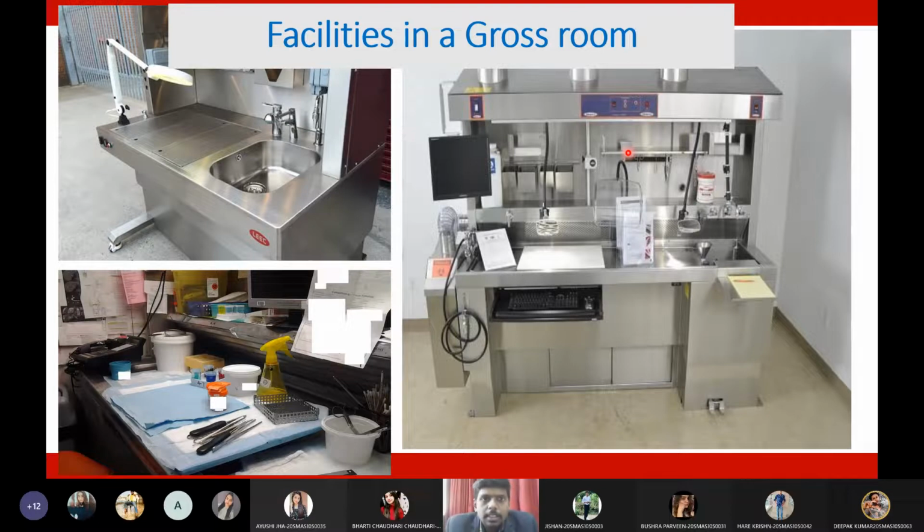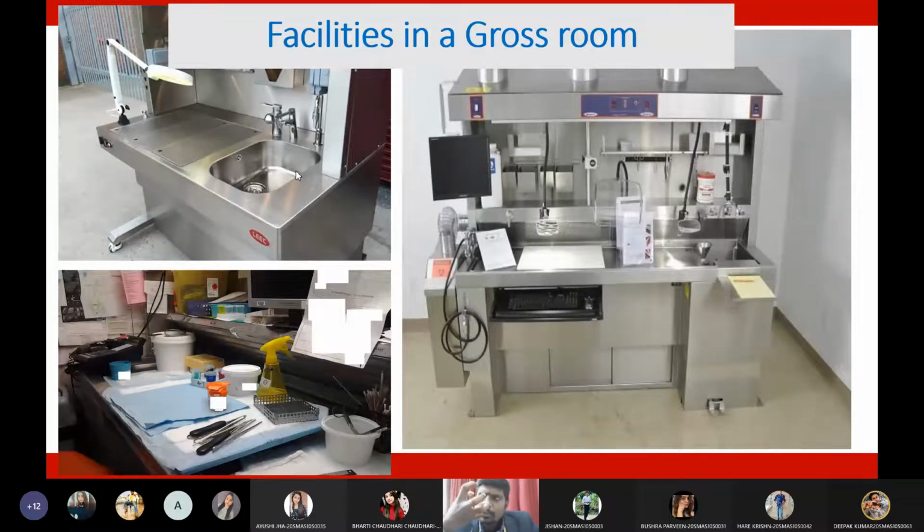Another thing is, when we are removing the tissue from the fixative solution, it will have fumes, very irritating vapors. These vapors will cause our eyes to burn. That is why this grossing station will have negatively pressurized air. It will exhaust the air. Through the specimen the air will go inside. So all the formalin fumes, formalin vapors, all these volatile vapors will be sucked out.